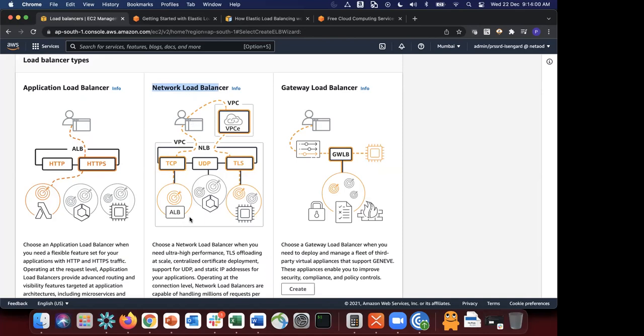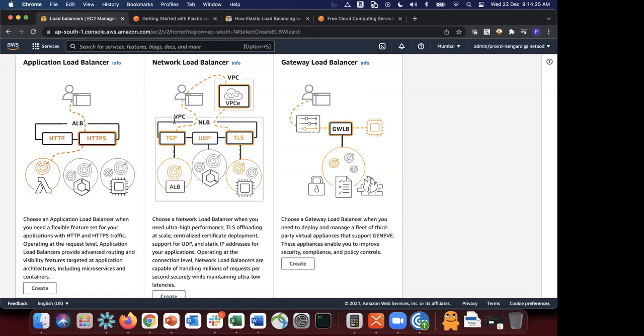Again, you can send TCP traffic to either an EC2 instance or a container or any server which is listening on TCP. It's not listening on HTTP, rather it's listening on a TCP port. You'll be able to send it, and both ALB and NLB run within the VPC. Now, if you need